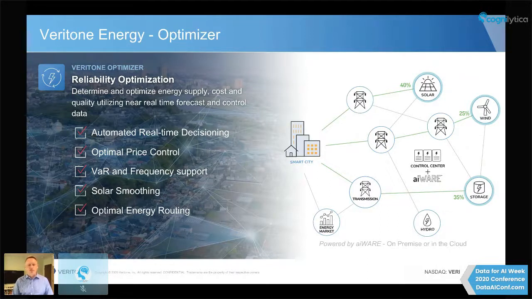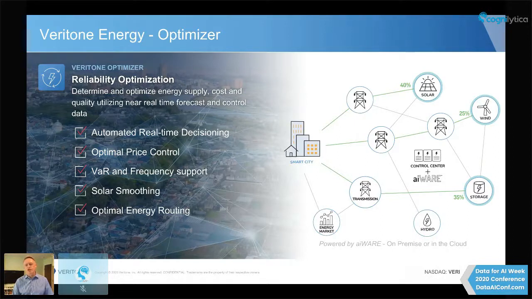All of our grids in the US run at 60 hertz. I think in Europe, it's 50 hertz. And if you're not producing power at the same level as the grid, which is 60 hertz, and you're pumping in, say, something that's at 55 hertz for the US, then the appliances in someone's home are just not going to work. So we have to make sure that works at all times, and we will optimize for that. We also optimize for cost, we can optimize for compliance, we can optimize for